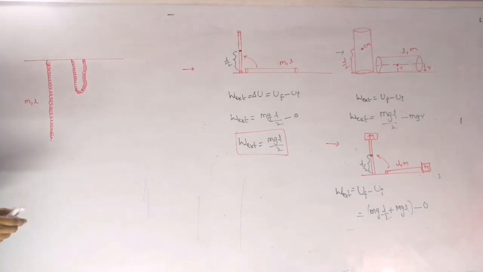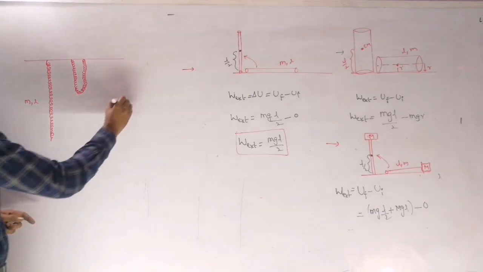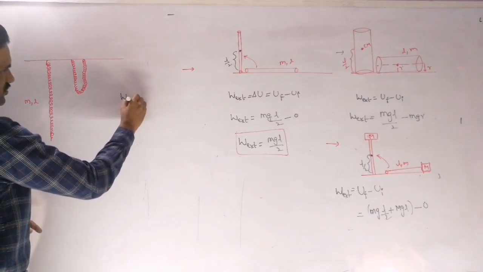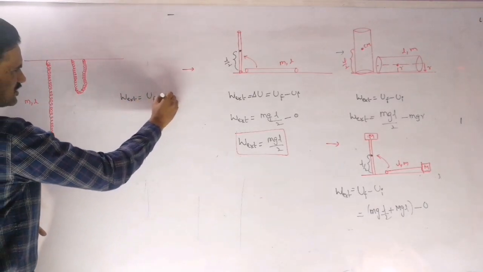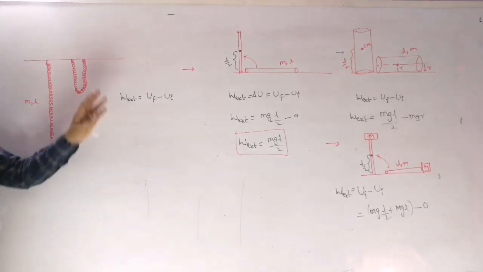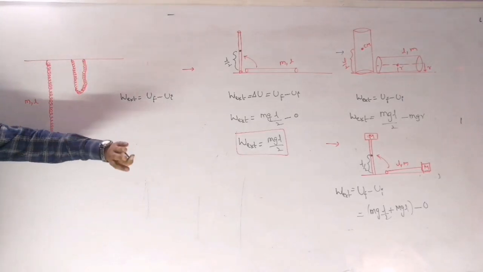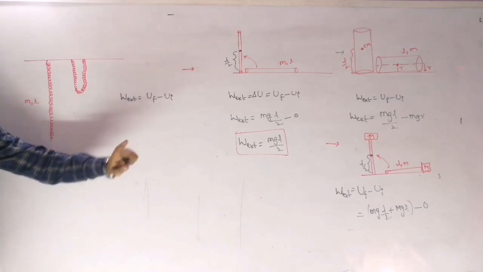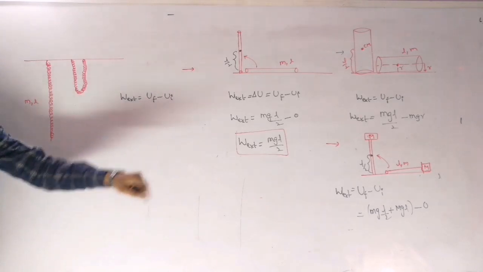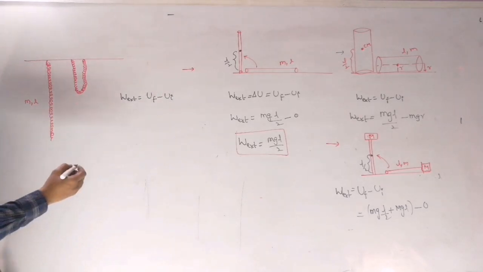So in this, to find the work done, again we need to calculate the change in potential energy only. That is only our procedure here. So that means the work done by the external agent is equal to the change in potential energy. In any one of these problems, if they ask work done by gravity, you need to take the negative sign. Negative of this value we need to write. That we mentioned already previously.